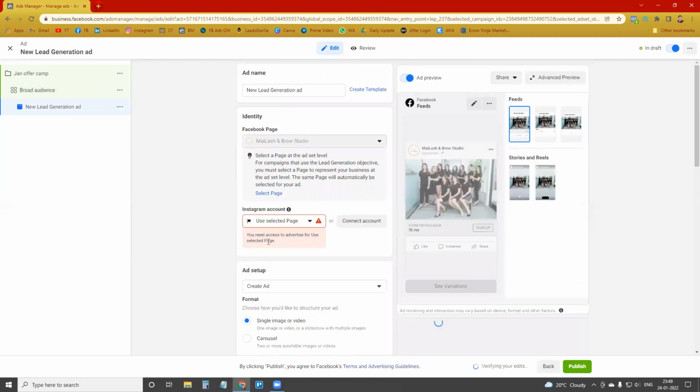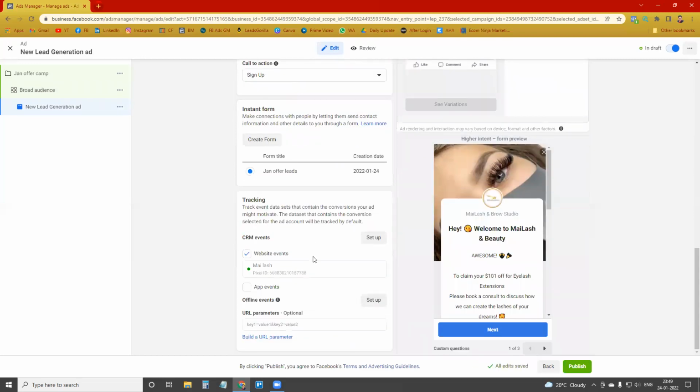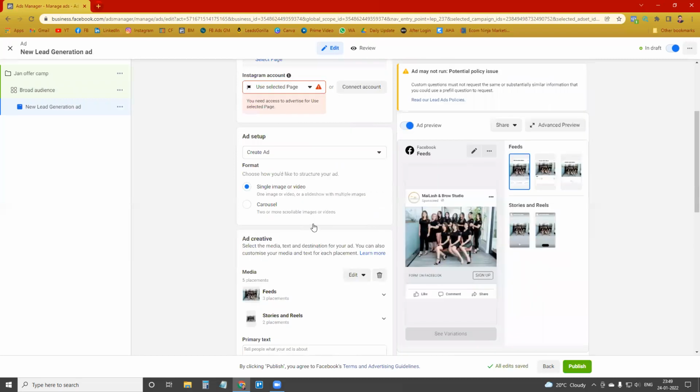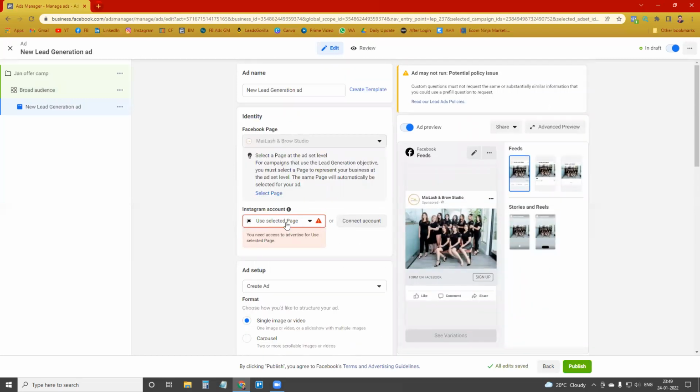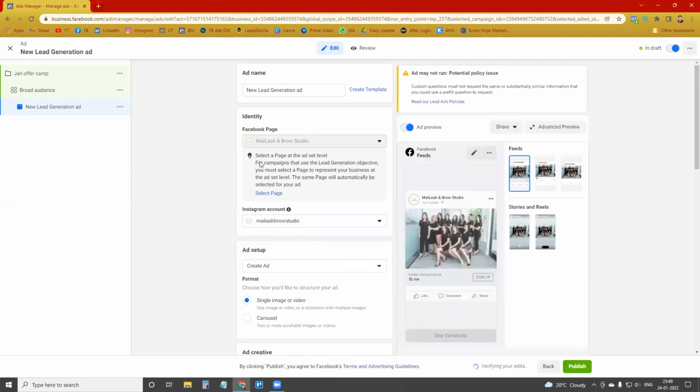So why is Facebook giving me this notification? Because I haven't connected my Instagram account. Let's suppose I'm connecting the Instagram account. Okay, I'm connecting. If you haven't connected your Facebook account with your Instagram account, then Facebook will show you a connect button here, and you can connect your Instagram account. Okay. So now the ad level, let's suppose we are running one video ad.